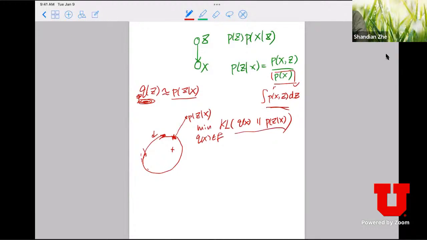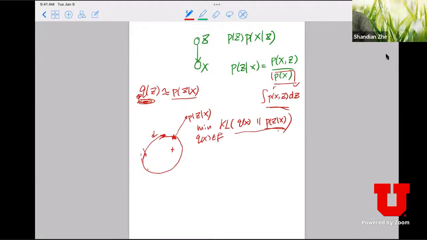there comes a feasibility issue, because I actually don't know what the true posterior is. How can I calculate the KL divergence from any third distribution to this true posterior? In other words, ironically, if I can really compute this true posterior, why should I approximate? So